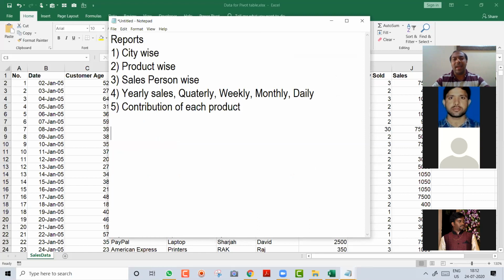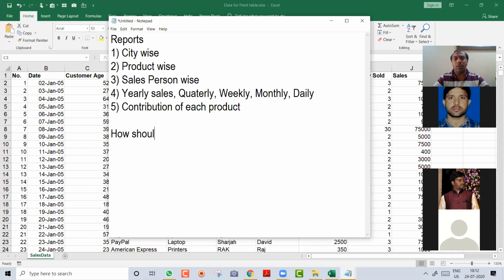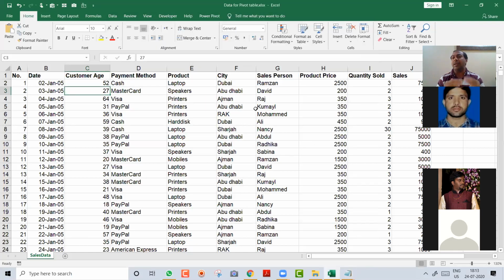Okay. Now the data part. How should your data be? It means, what are the issues that should not be there in your data? You should have clean data. The first thing before creating a pivot is, don't just go to insert and create a pivot.